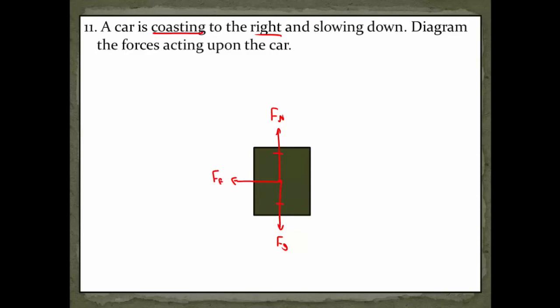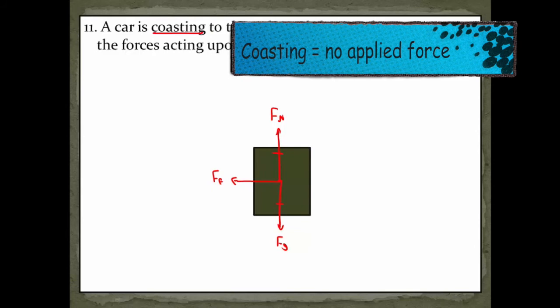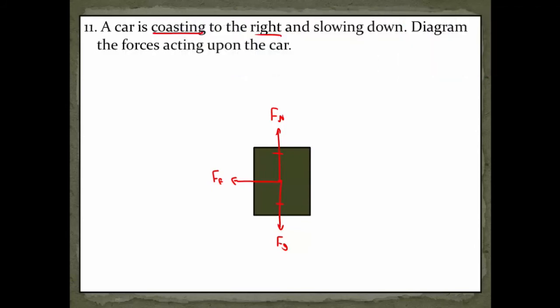And that's it. A lot of people think that, again, because the object is moving to the right, there has to be some sort of applied force. If I am not physically trying to drive this vehicle and it's just rolling, the only force at play now is just the force trying to slow it down, opposing its motion. And the fact that it was coasting to the right means the friction had better be pointing to the left. Okay,